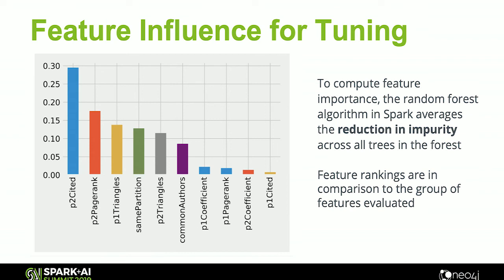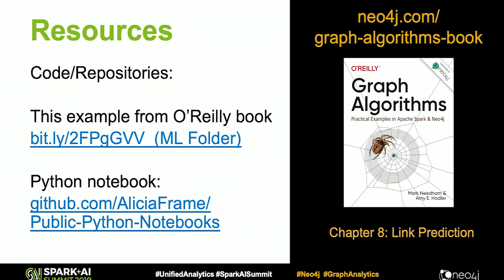The other features are more graphy, if you will. We've got PageRank. So if you're very influential in your network, it's very predictive that you may be collaborating with other people in the future. We looked at triangles, that was the density of connections of little groups. We also looked at partitions, so that's communities. How are people in different communities? And if I were doing this professionally as a data scientist, I would look at this as well, look at the things that were less predictive, maybe reduce those, see what happens to my model, and keep tuning parameters.